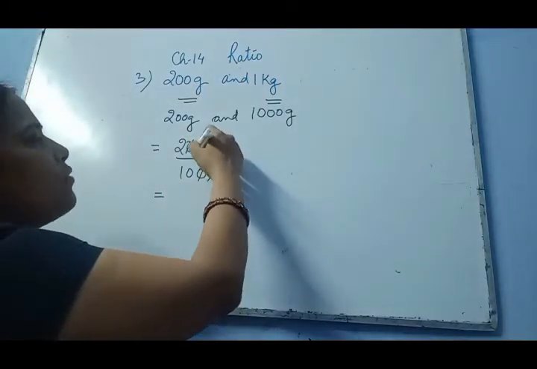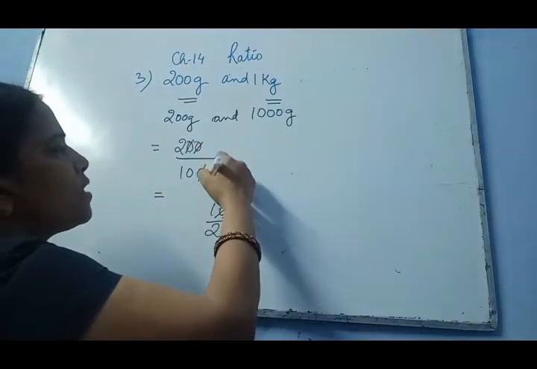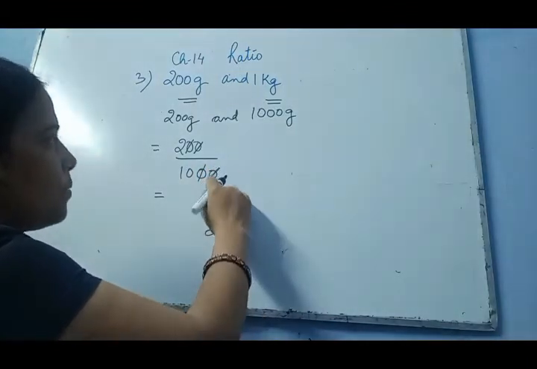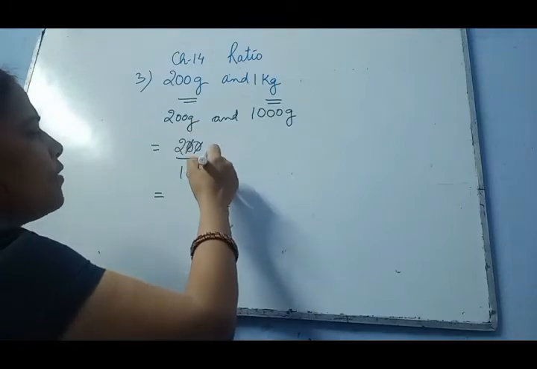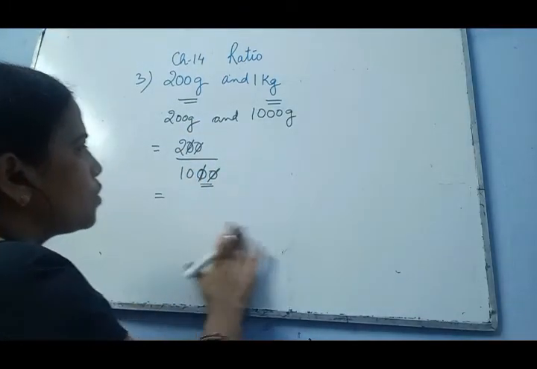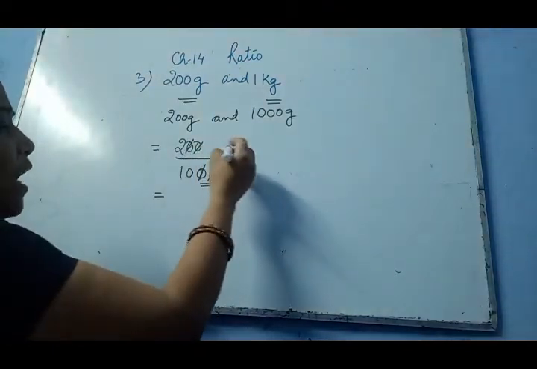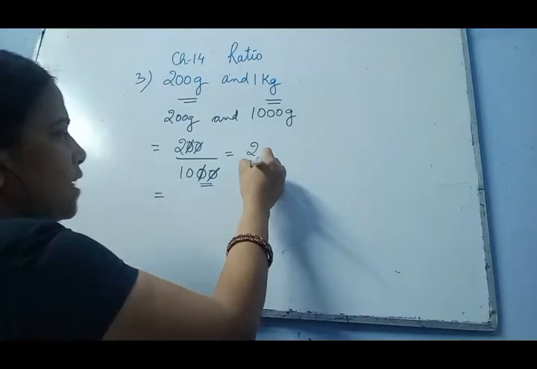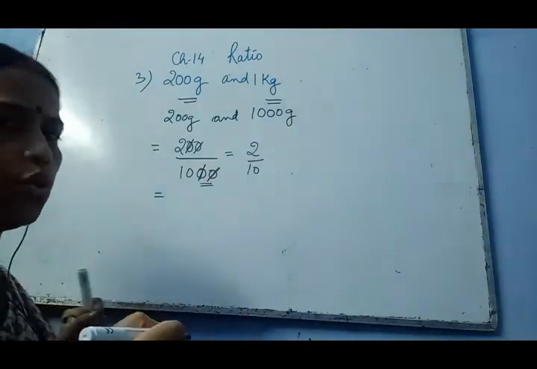Now here, if I have cut the 1 0 and 1 0, that means I have removed 10 from here. Then again, if I cut this 0 and 0, this became 100. Now what do I get? We get 2 by 10.